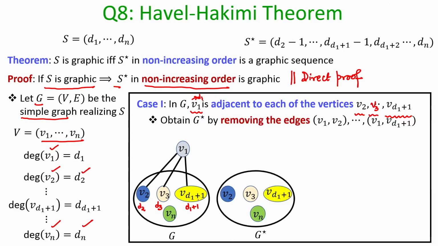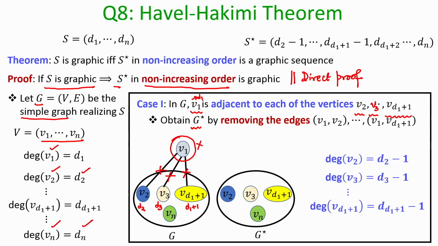Now, let us see what will happen if I delete this vertex V 1 and the edges which are incident with the vertex V 1, because if I delete the vertex V 1, of course, these edges will no longer be there. Okay. So, I will obtain now a new graph G star, which will of course be simple, because my original graph G was simple. I am not adding any edges, I am deleting edges. So, by deleting edges I will still obtain a simple graph. So, my graph G star will be a simple graph and it will have n minus 1 nodes, because I am removing one vertex, namely V 1.